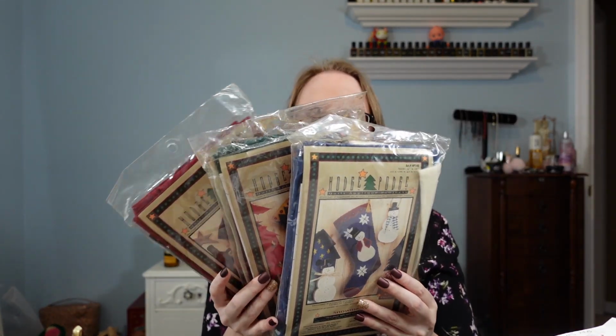Alright guys, so today I am going to be sharing with you just kind of like a random haul of stuff that I have just listed here recently that I wanted to make a haul of. This is various things, a lot of auction stuff and just a couple things from my death pile, but mainly auction stuff. And then there are a few things that I am keeping for myself and I will share those with you as well. First thing that I have is these three